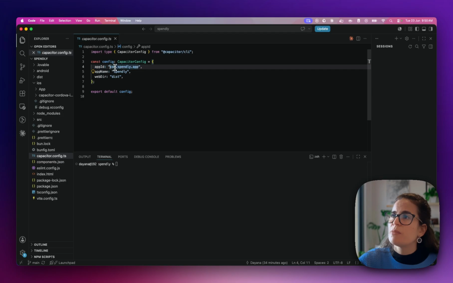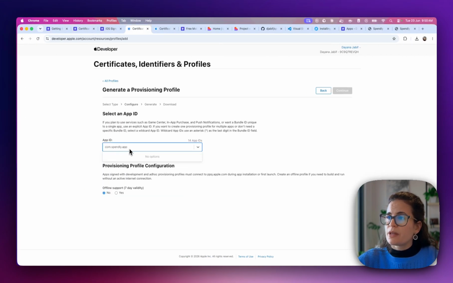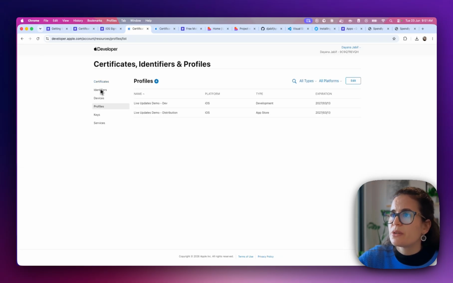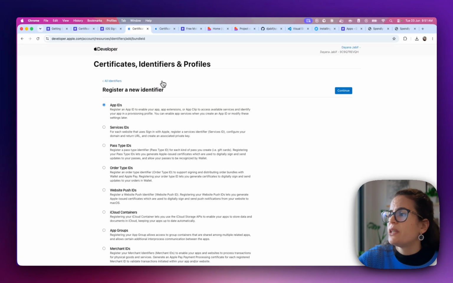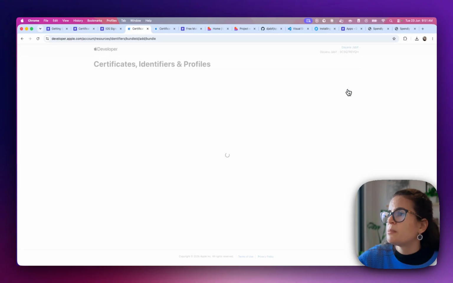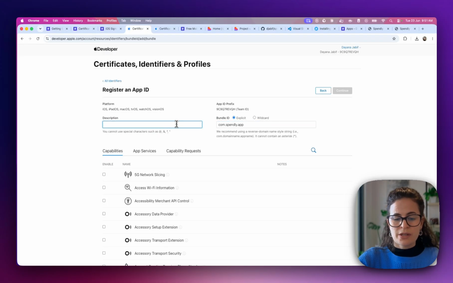So let's copy it. Because it's not listed here, we'll have to create it first. So let's go back and in identifiers, let's create a new one. So app ID, continue, app. And here the bundle ID, let's put this one, and description, Lovable